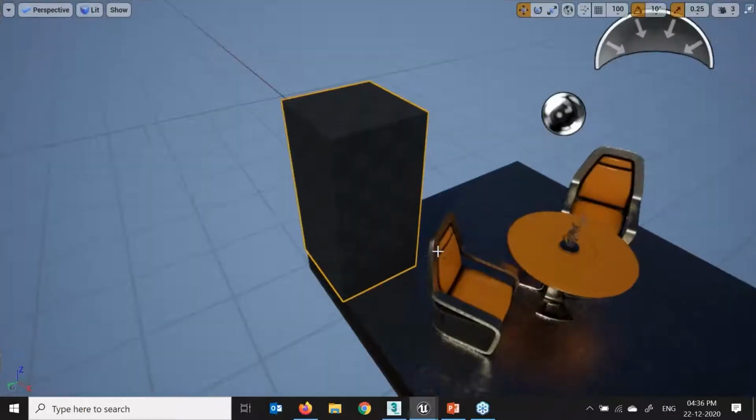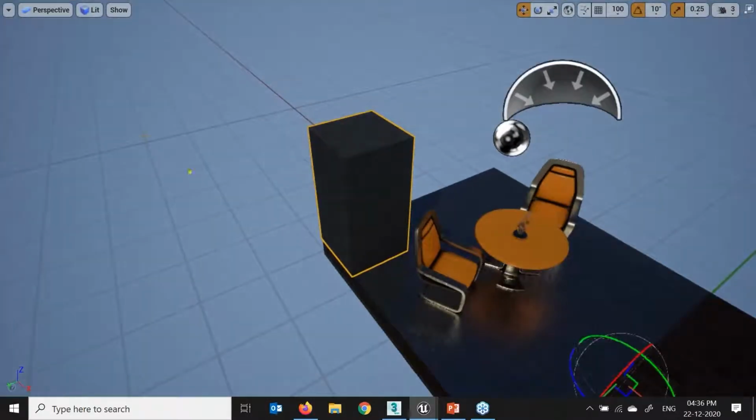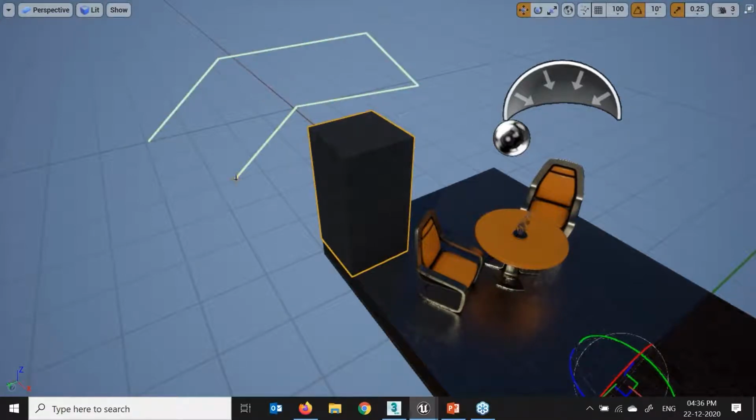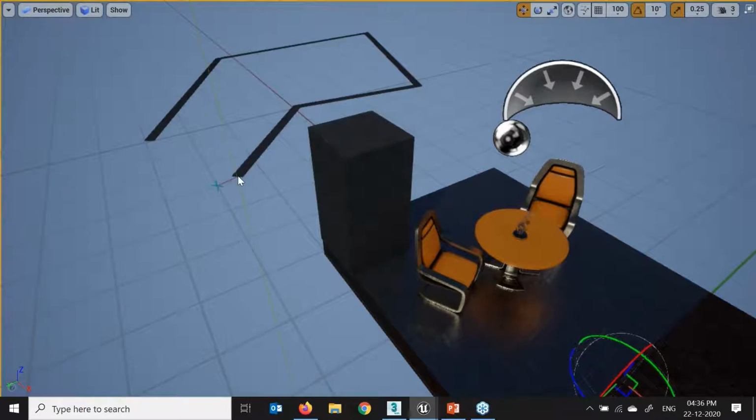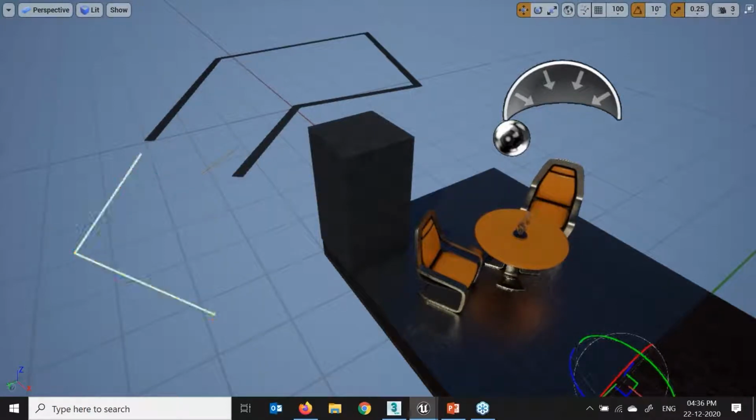I'll just maximize my viewport over here. Snap, click. This is specially used when we are making a wall. The point is left. 1, 2, 3.